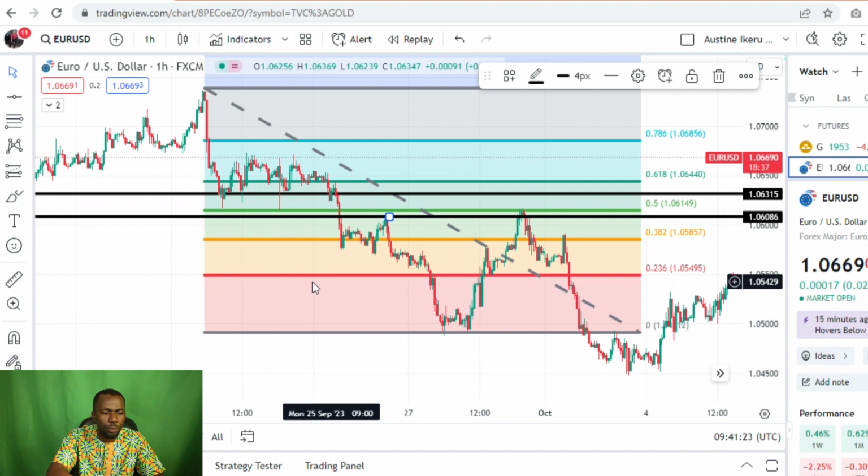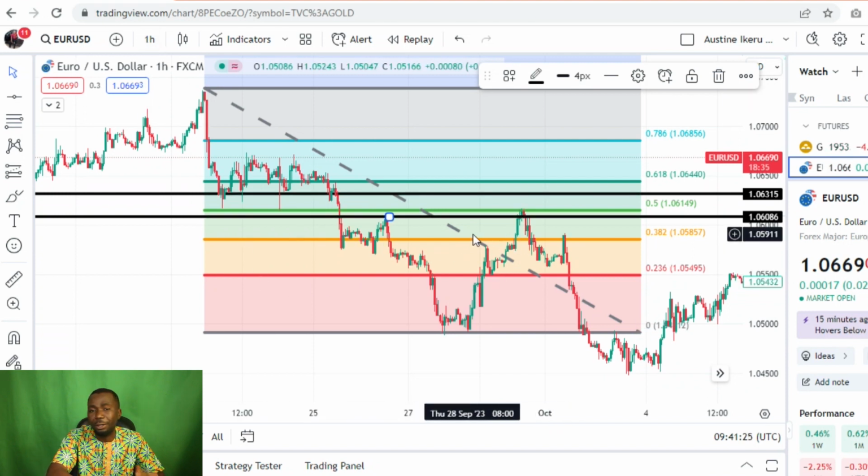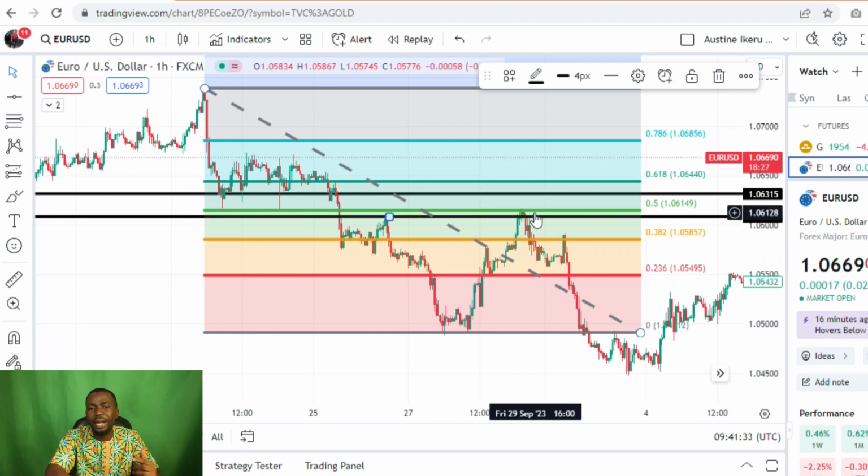What you will simply do is, since this is a 1 hour time frame and you are a day trader, you just want a better risk reward ratio, you can simply go to the lower time frame, like the 5-minute time frame, and then watch this level. You are looking for a candlestick pattern like the bearish engulfing pattern or an inverted hammer. You want to see a rejection at the lower time frame. So once you see so many rejections on this level,